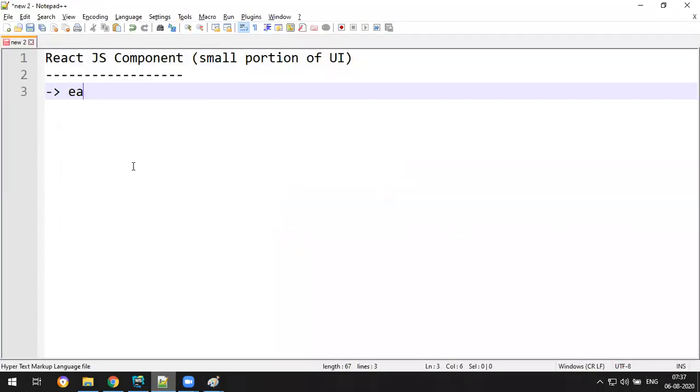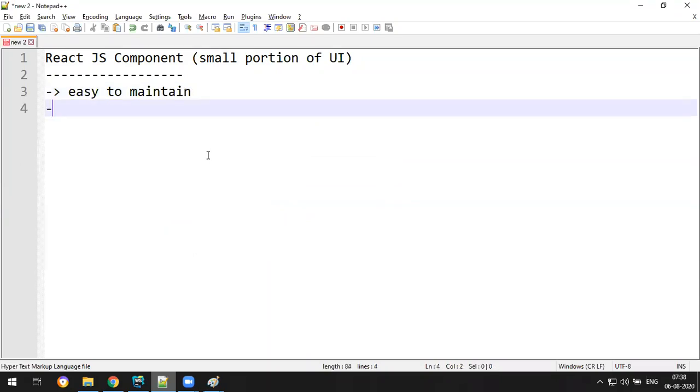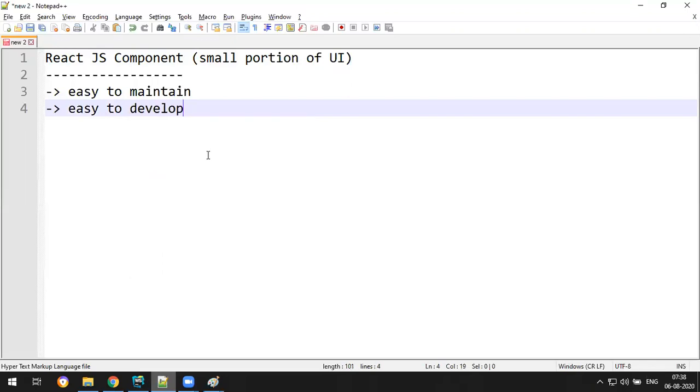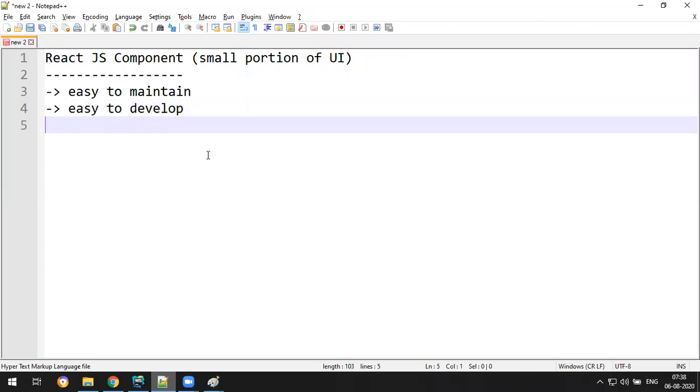It is easy to maintain. Because instead of writing a huge file with a lot of code, you can separate files, so it's easy to maintain the application and easy to develop. We can only concentrate on the sidebar code, or only on the navbar code, like that. No clumsy code. And also, I think the very best thing is reusability.